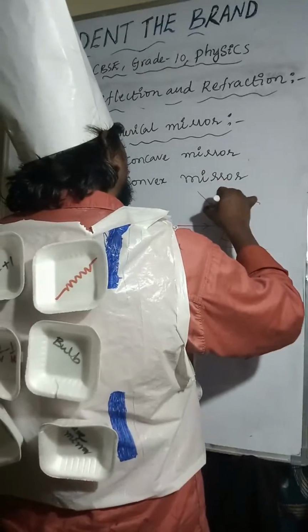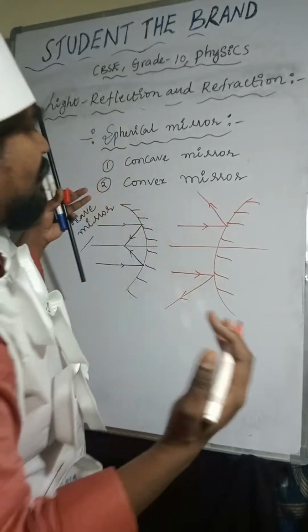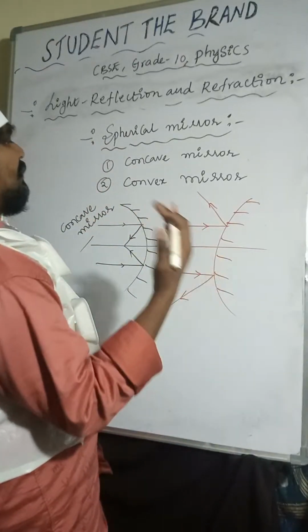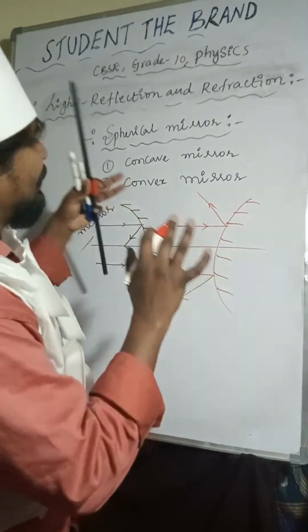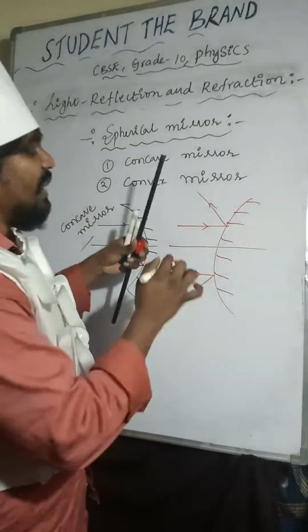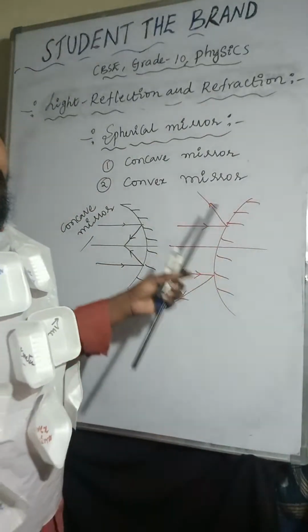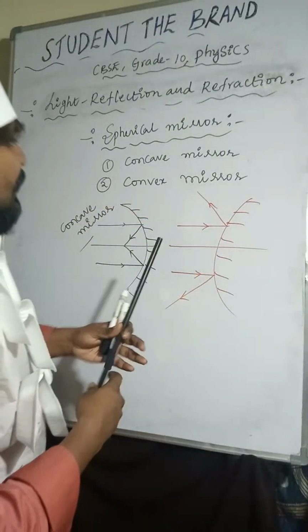When light rays are incident on a convex mirror, it reflects them. What is the convex mirror doing when light rays are incident on it? After reflection, the light rays are moving away from it. That's why